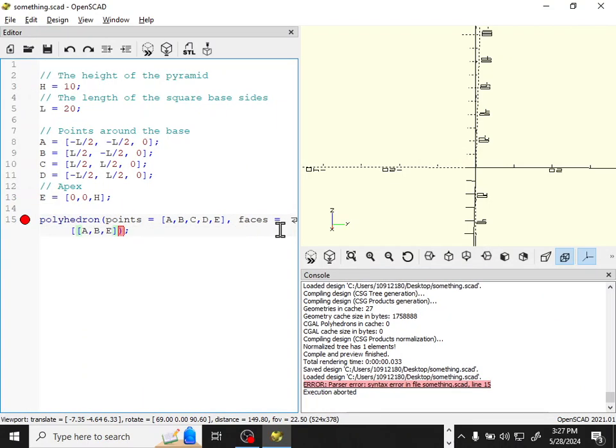it's mad. It's like, wait a minute, what the heck? It doesn't want us to give it the actual locations of those points. We've already given the locations of the points here. Now it's saying which of these points do we want to use. So I want to use the first point, which, like most programming languages, has an index of 0, and B has an index of 1, 2, 3, 4, and E has an index of 4. So if we do that,